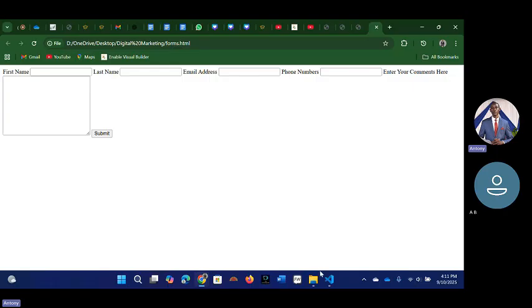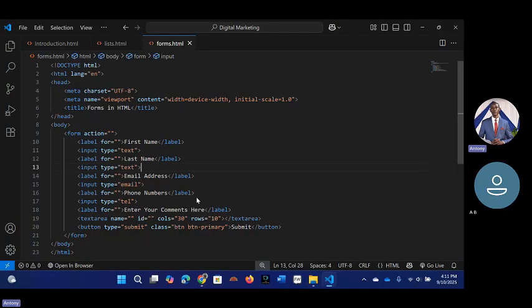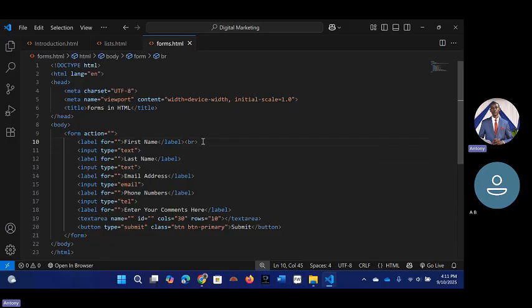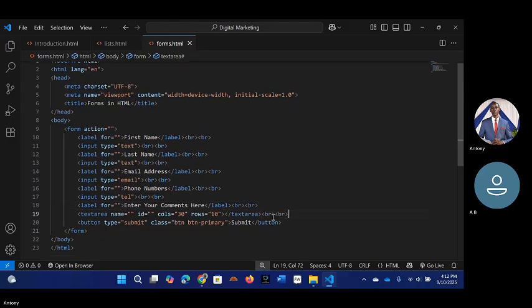So there is a special character we call breaking space or breaking line. So we're just going to be breaking the lines. We come here and then we add a tag BR, maybe double BR. We add these tags at the end of every detail that we have here so that we can add space. We want to add enough space.